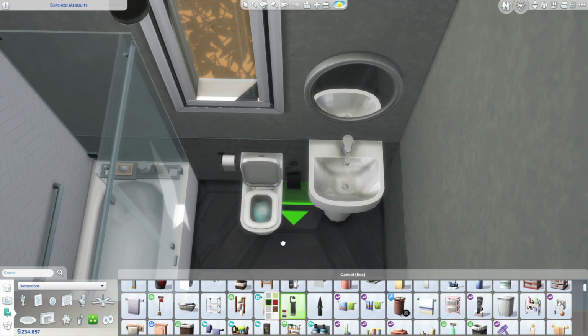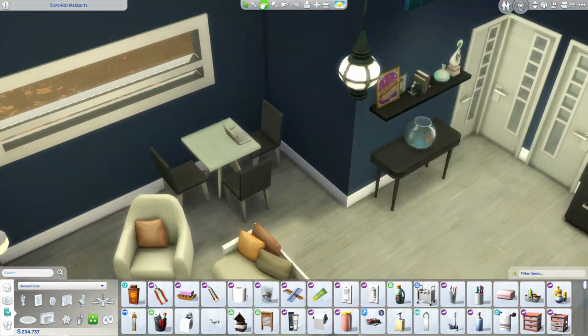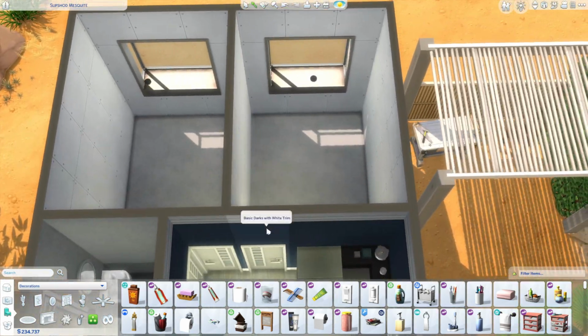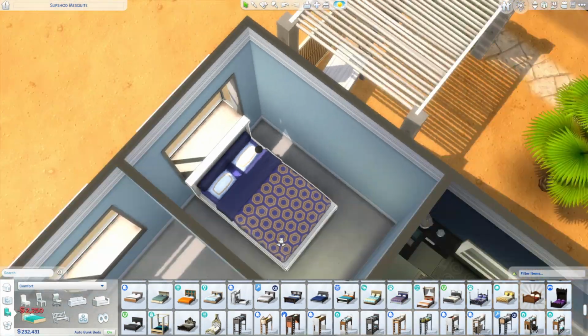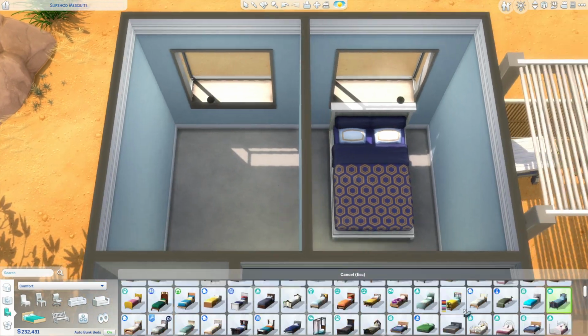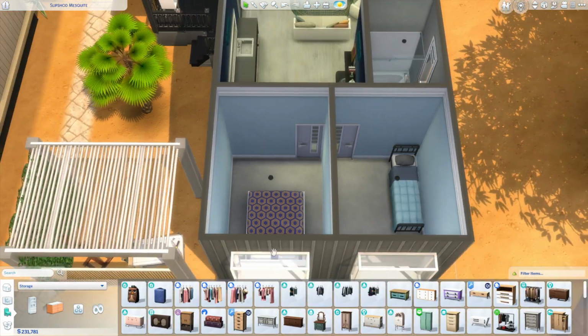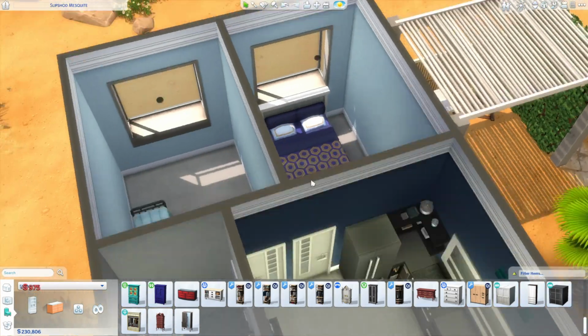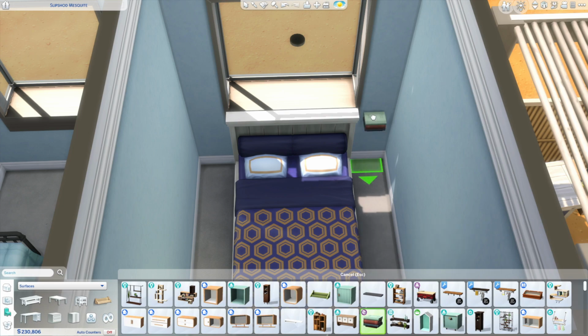But I think this is the first trailer we've got with a bath, so definitely an upgrade. So it's got a bath and a shower all in one, so that's definitely worth the upgrade. And then I've just tried to make it match with the other things in the house, so a bit more of a darker colour scheme. And yeah,